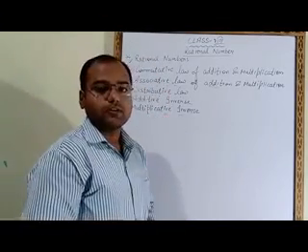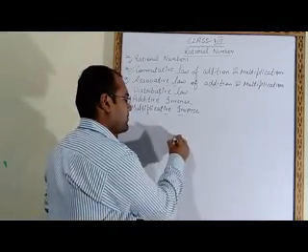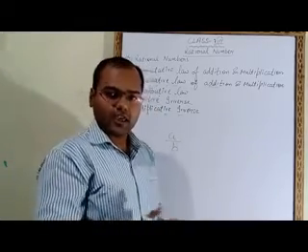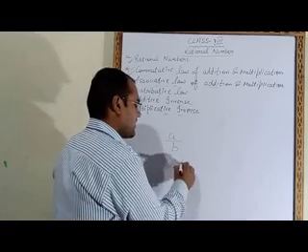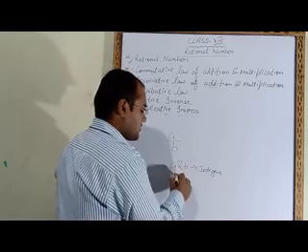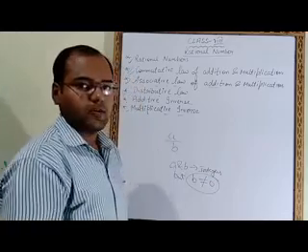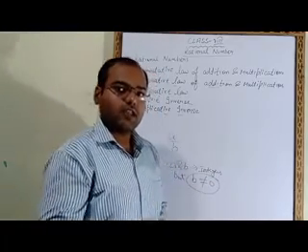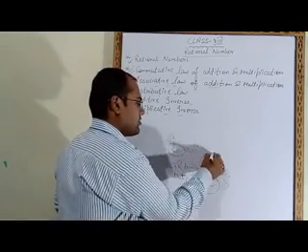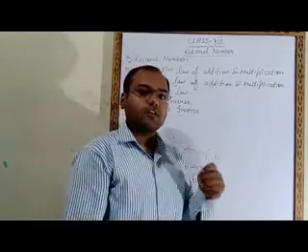So what are rational numbers? All those numbers that can be written in the form of a upon b, such that a and b both are integers but the b value should not be equal to 0. What I said is that rational numbers are those that can be written in the form of a upon b such that this b value must not be equal to 0. Then such numbers are called rational numbers.